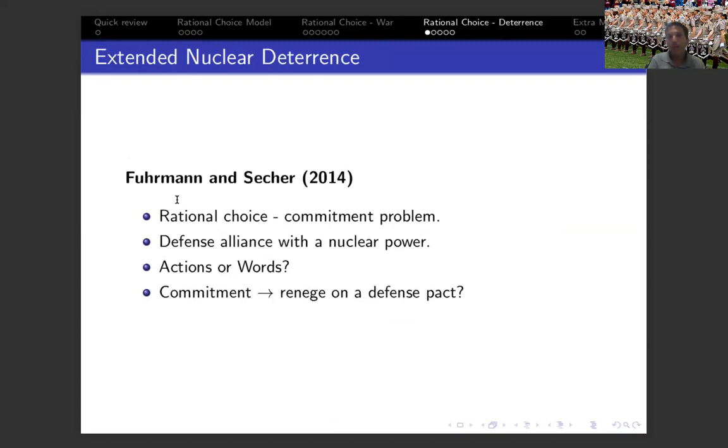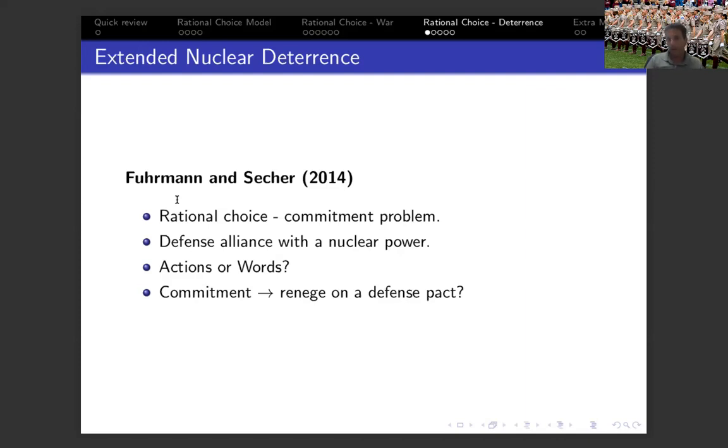So they focus on alliance commitment in the context of nuclear deterrence. So an alliance between a nuclear power, such as the United States, for example, along with a non-nuclear country, such as South Korea, as an example. So can a nuclear power deter attacks against their allies by simply announcing that there is a defense commitment between those two actors? So are words enough, or must they actually take action and deploy troops or weapons to signal this commitment? So the United States has to deploy troops to South Korea in order to prevent an attack from North Korea, for example,